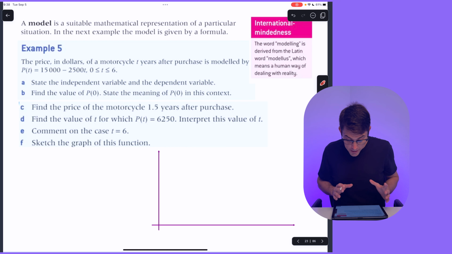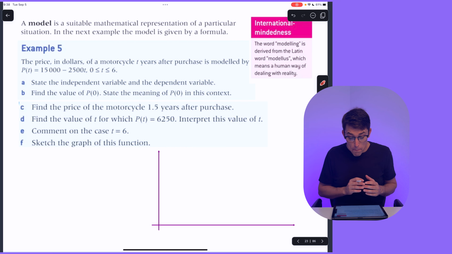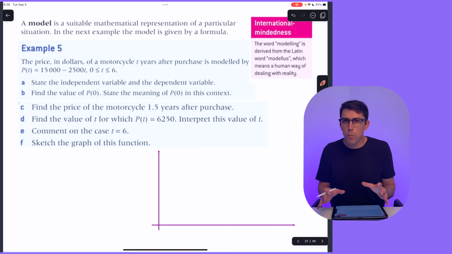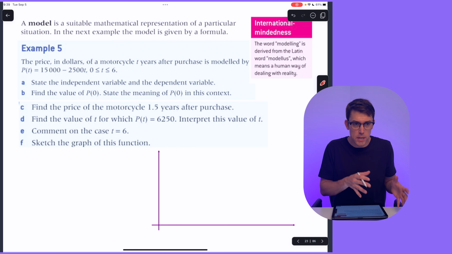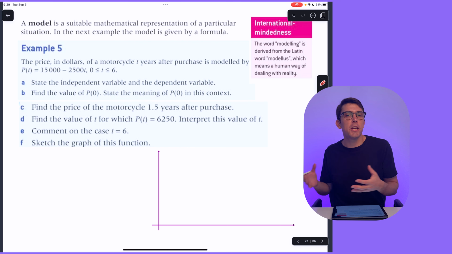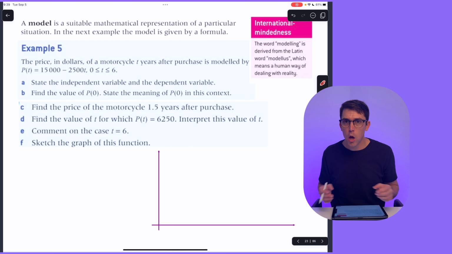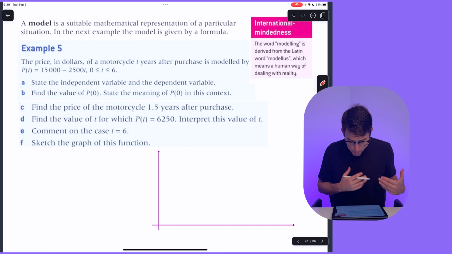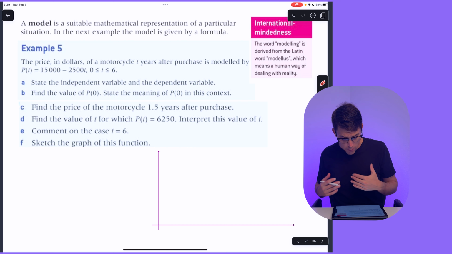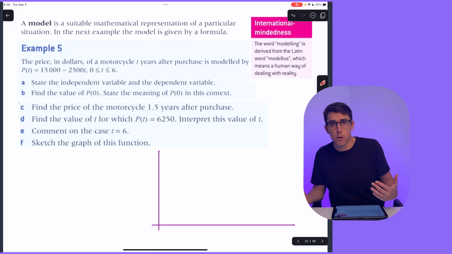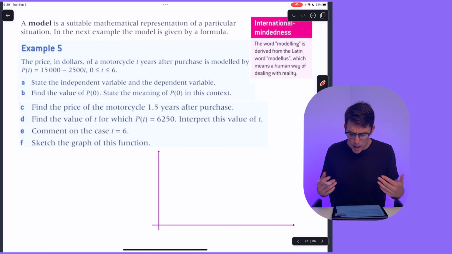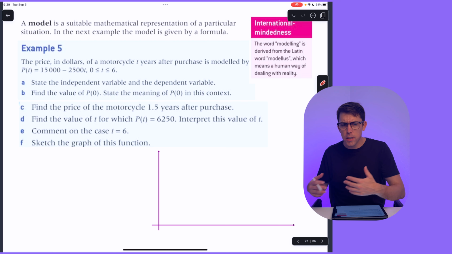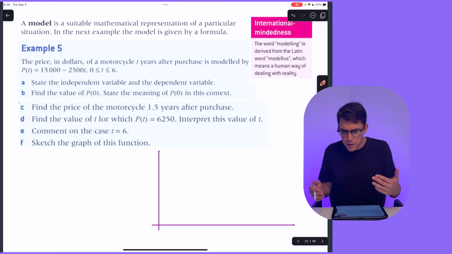And in our context here, where we're going to keep it really simple, a model is really just an appropriate or suitable mathematical representation of some kind of situation that you're going to find yourself in, whatever it happens to be. So in this case, what we're trying to model is basically the price of a motorcycle after some years go by. That makes sense, because maybe you buy a motorcycle, you want to know how much it's going to cost. And then if you're given this curve, this cost curve,